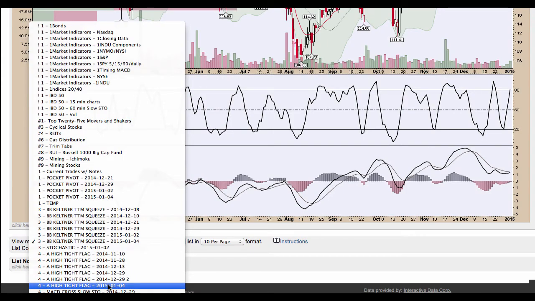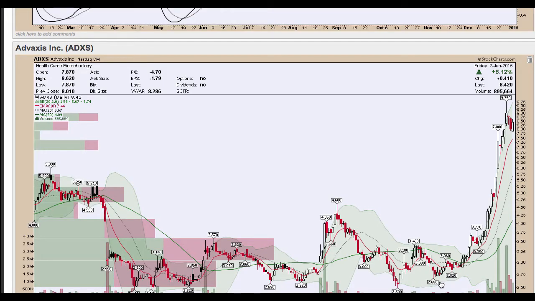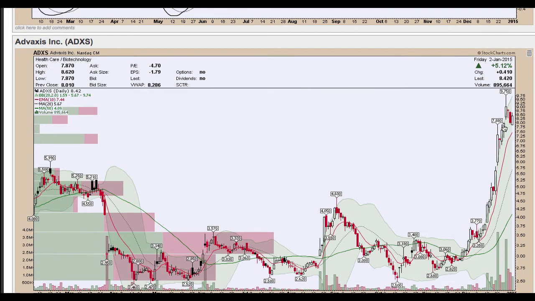Let's take a look at the high tight flag scan. Interesting name here. In November, $2.60 ran up to $9.75 within 60 trading days. Looks like we're flagging out here. Need to do homework to find out if they have a product in the pipeline